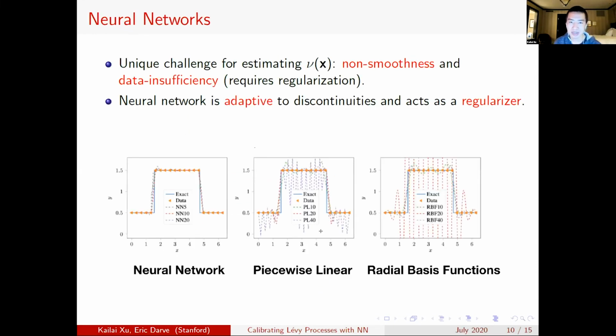Okay, so the special thing about our problem is that U(x) is non-smooth. And if we apply the traditional basis functions, such as radial basis functions, we will see a lot of difficulty here. For example, the radial basis function is not very good at approximating this kind of discontinuity. And for piecewise linear functions, because we have very many local bases, even if we have enough data, we cannot fit piecewise linear functions very well. But neural networks are in the middle of the piecewise linear basis functions, and we have these kinds of good properties for neural networks.